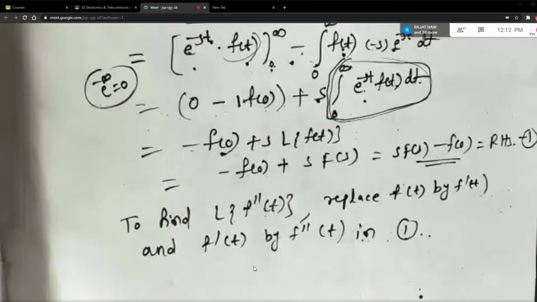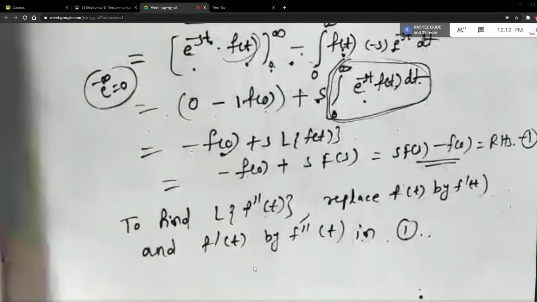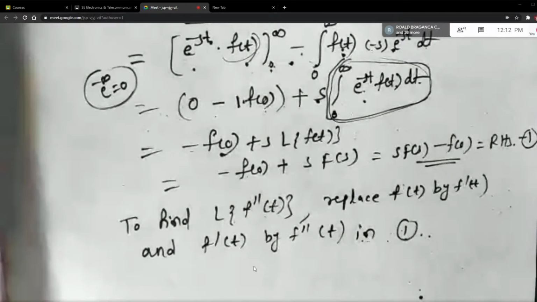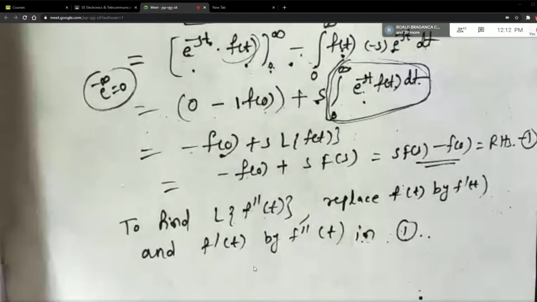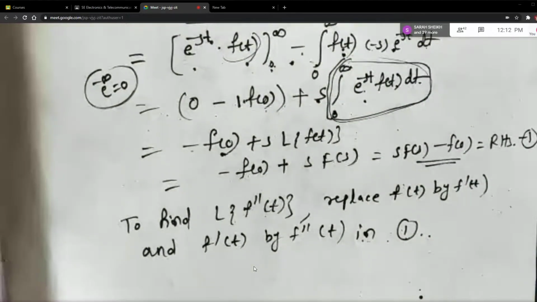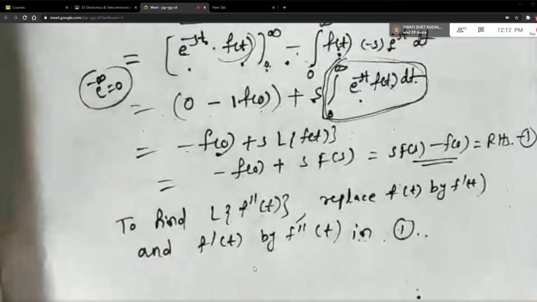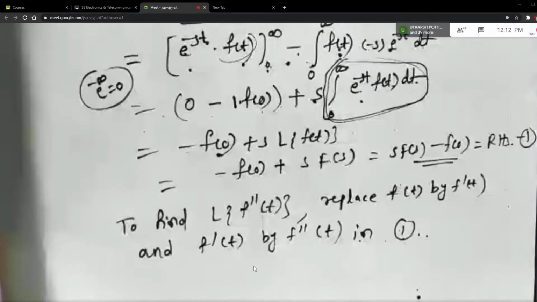Now see students, now only you try to understand the proofs, right? You may not remember it unless you sit with the proofs again and try to solve by yourself. First you look at the proofs and prove the formulas. Then you close the notebook and try to prove by yourselves by remembering the steps. Then only it will be possible to remember all these proofs. Each proof carries around 3 to 4 marks, and definitely 2 proofs will be there in the exam. Any particular step which you have not followed, you can ask me. Otherwise, we'll go to the next formula.